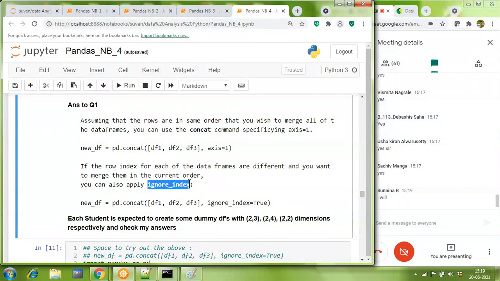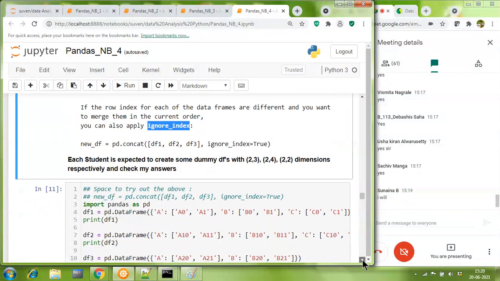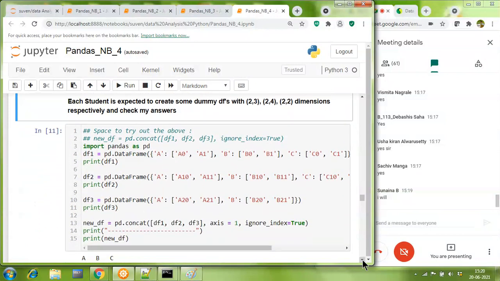I didn't understand this. Actually I also didn't get that point. Maybe it's to ignore the index of each data frame. Okay. It could be that you want to ignore the index of each data frame. This is what you have told me by using your common sense.